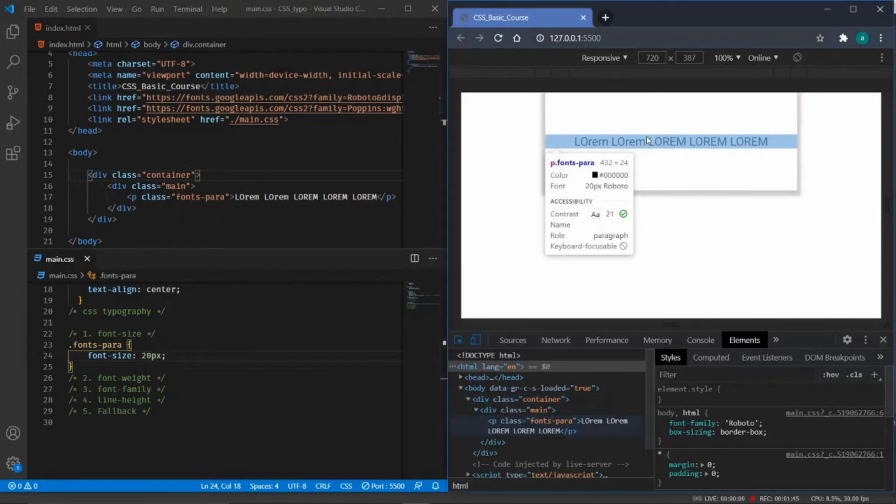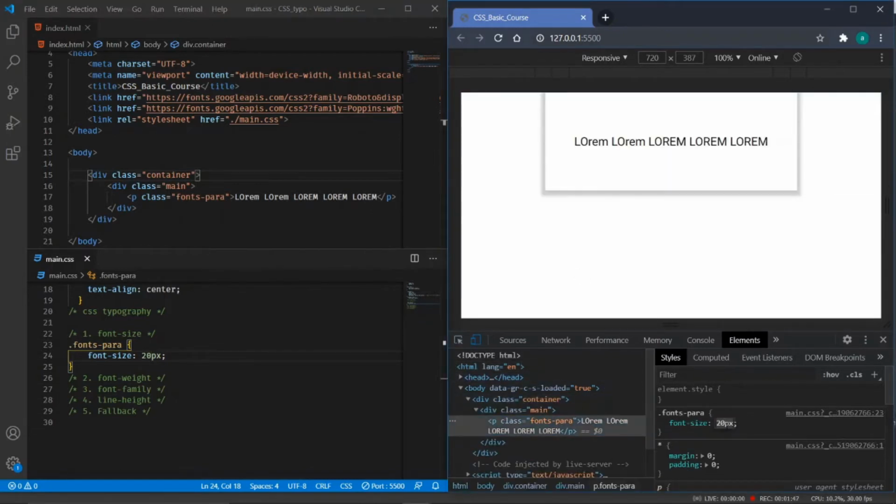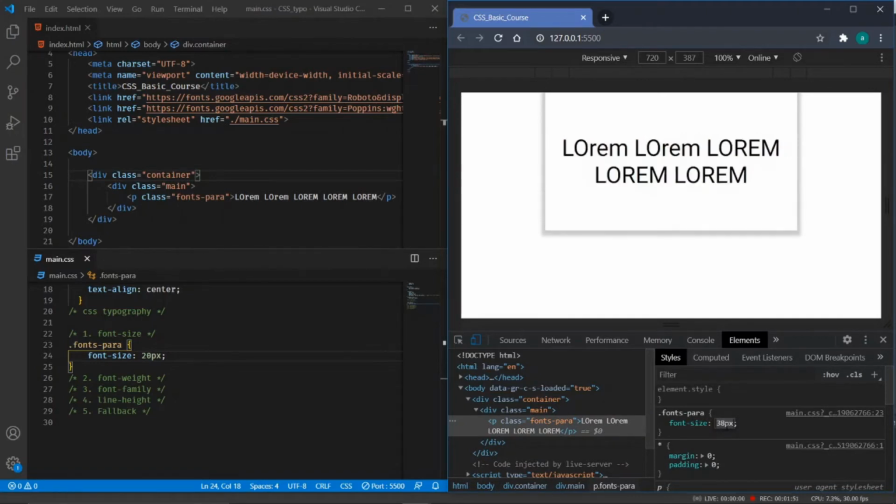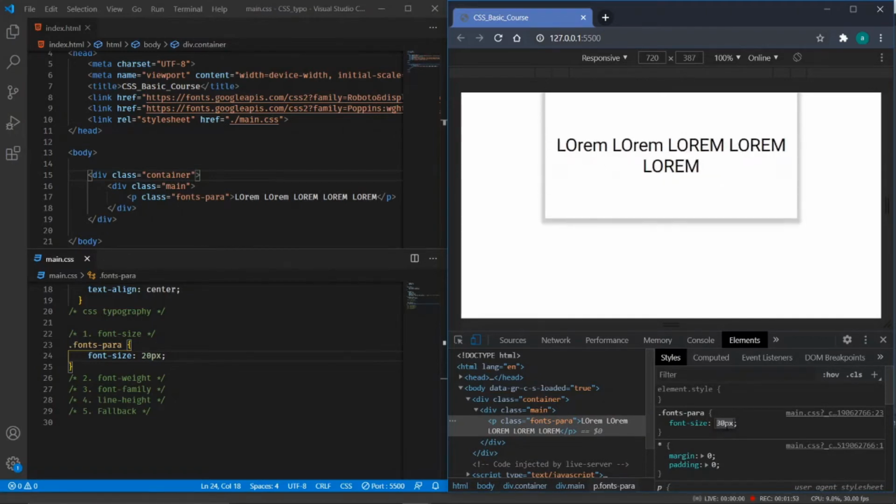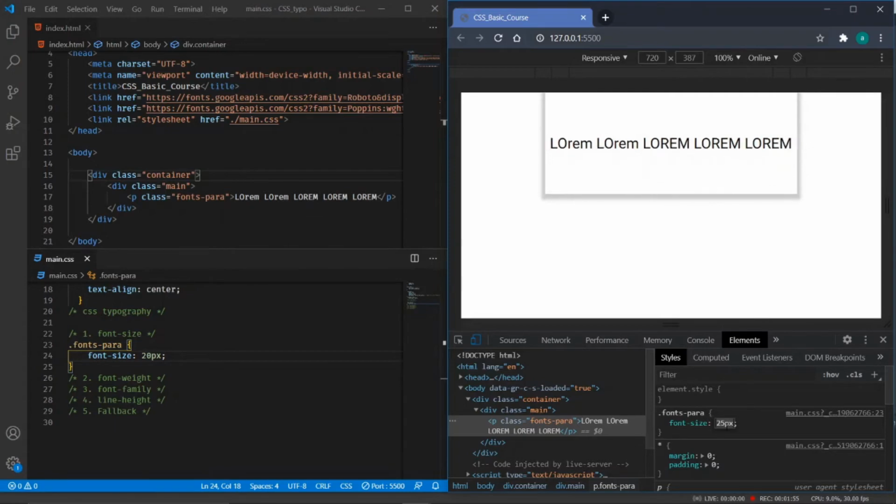By targeting this also, you can just go in the developer tools and change this, and you can increase or decrease your font size. The developer tools are useful whenever we are stuck in a scenario where we are not aware of the actual size and how we should have a proper size.